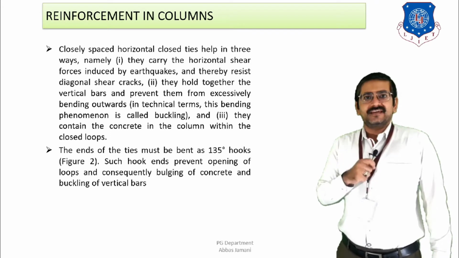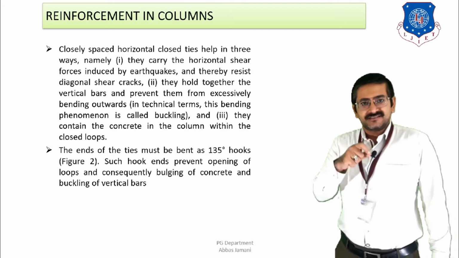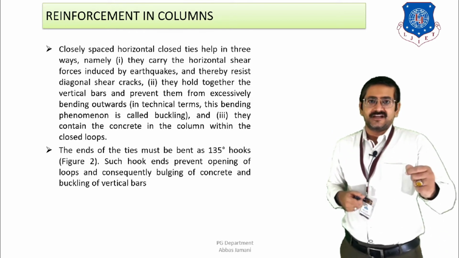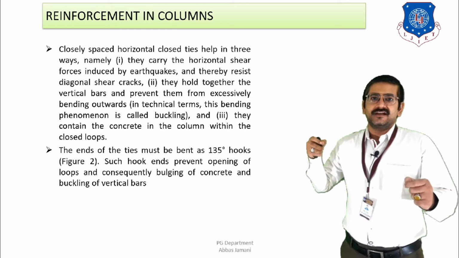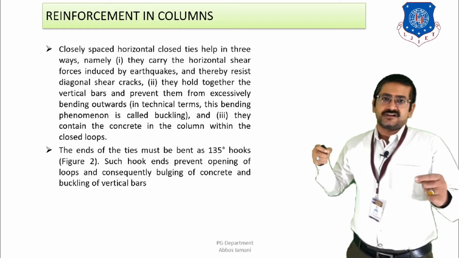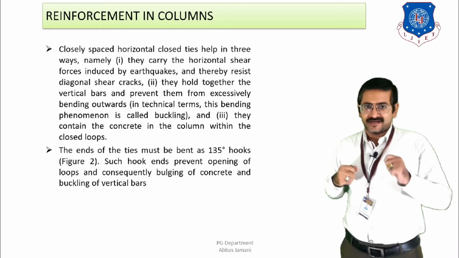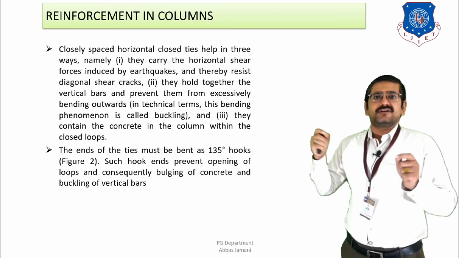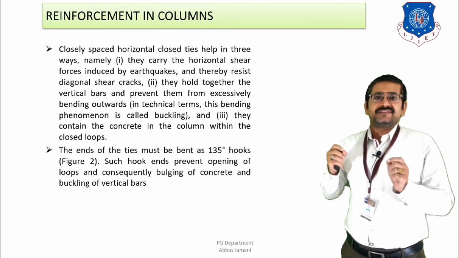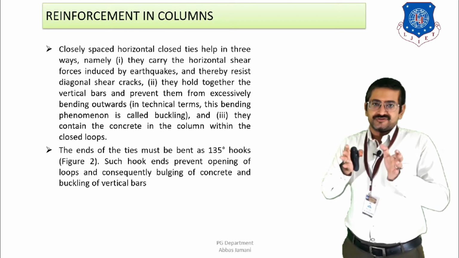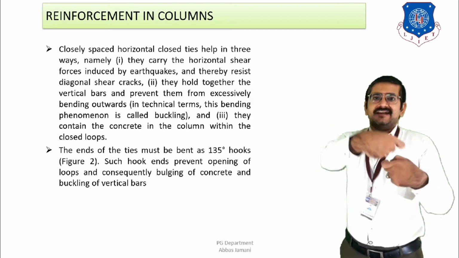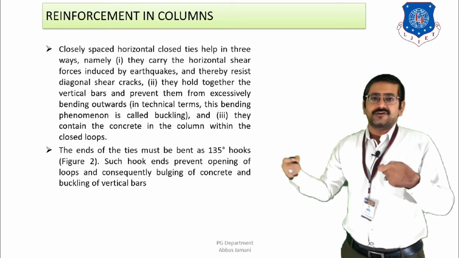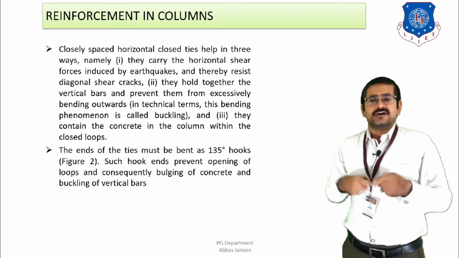Now, mind well, one thing from the good detailing point of view is that this closed end of the stirrup should be alternately placed. That is, if I have one end of the closed stirrup at this particular face, then the second ring should have its closed face on the other side. When this happens, since the locking system of the closed stirrups is interchanged, the entire cross section will remain in position throughout the horizontal shaking. If all the ends are located at one particular side only, then the other corner of the column is likely to become weak, and it may be exposed from that particular side.